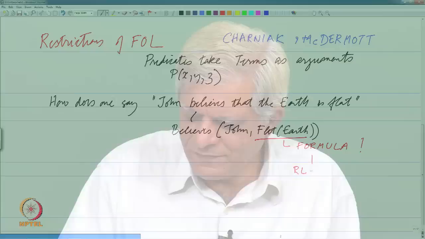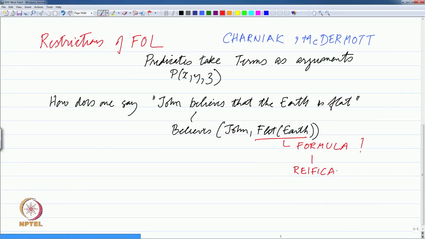So, there are different approaches. One is that we can try to twist or extend FOL to somehow include formulas as part of the domain. So, that is a process that we will look at later, which is called reification. That we reify those formulas and so when we say that believes John flat earth, we are not really talking about the fact that it is a sentence, but that it is a formula which somehow. So, it is not a very neat way of doing things, but people have tried to get around this sort of thing essentially. So, that is the problem with first order logic.